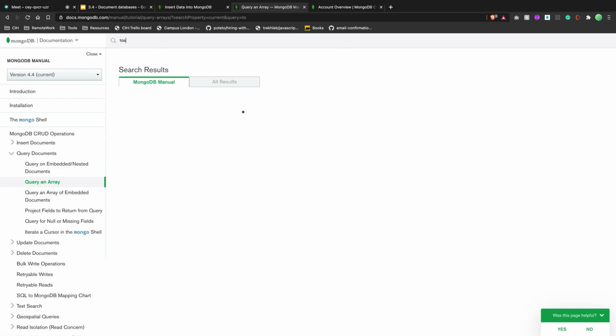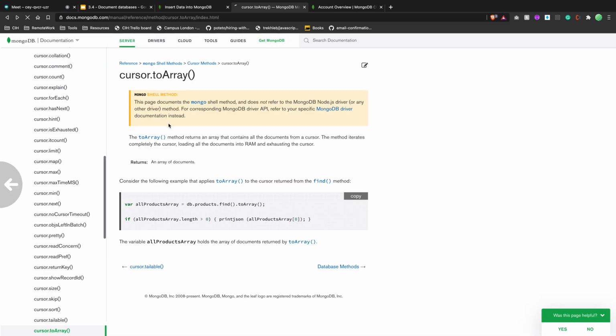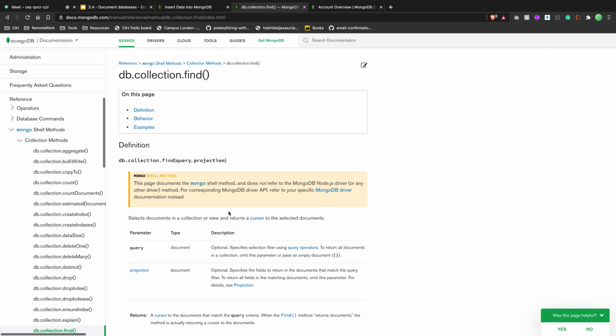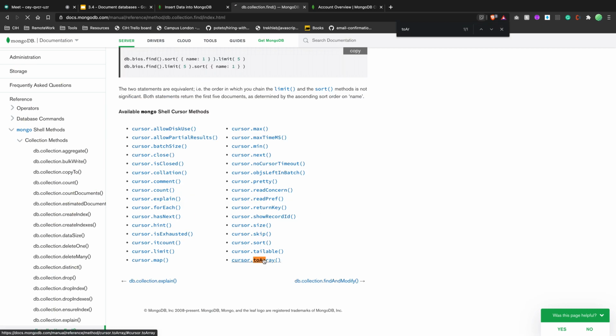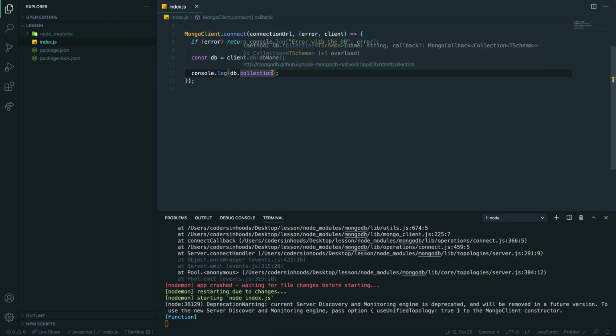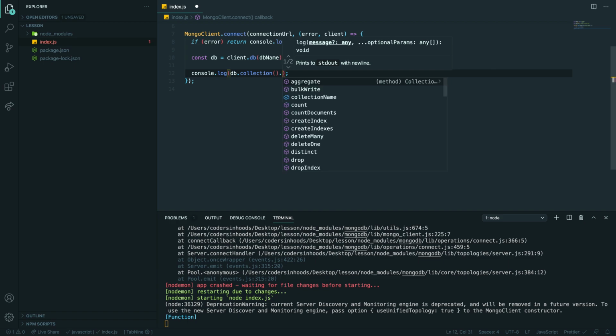array to array. Not this one. db.collection.find. I think this one. toArray. Yeah, it's still a cursor. Okay. So this one basically converts the response to an array, and you can get your data as an array. So let me try to do that. db.collection. Collection is a function, so we want to call it. We might want to have find,